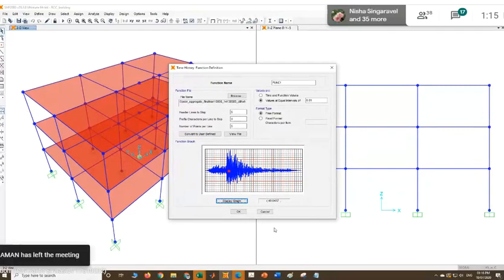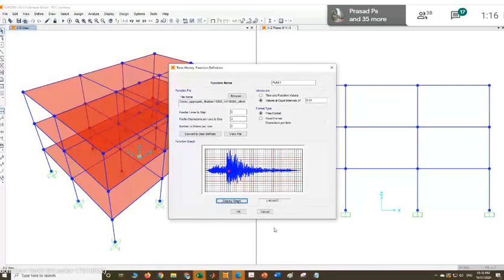Now, there are a few questions I was asked earlier regarding ground motion scaling. This is the ground motion, the time history data which has occurred somewhere, but to make it usable for the Indian scenario, we need to scale it up. We need to scale it to make it compatible with the response spectrum of Indian earthquakes, right? So after scaling, whatever time history we obtain, we need to use that for